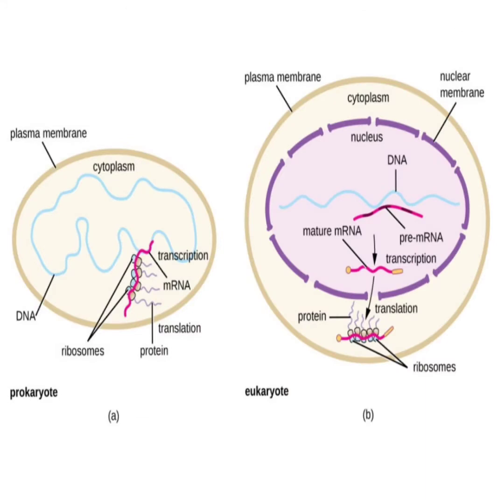Here you can see the differences between the prokaryote and the eukaryote in the synthesis of RNA. The transcription and the translation occur at the same time in the prokaryote, whereas in the case of eukaryotes, the transcription occurs within the nucleus. From the template DNA, there is formation of pre-messenger RNA and then the messenger RNA, and this comes out of the nucleus and gets attached to the ribosomes